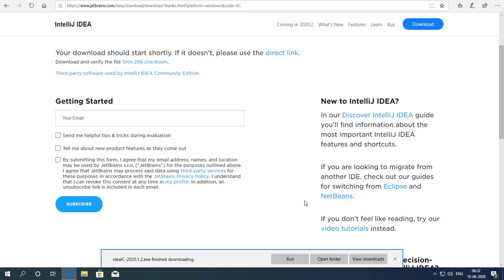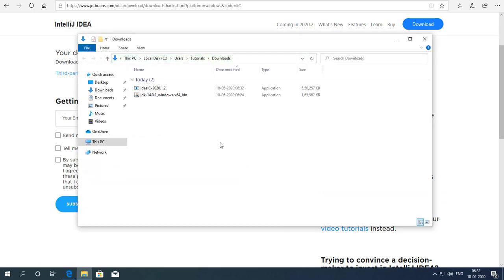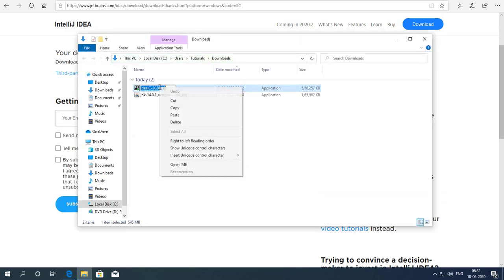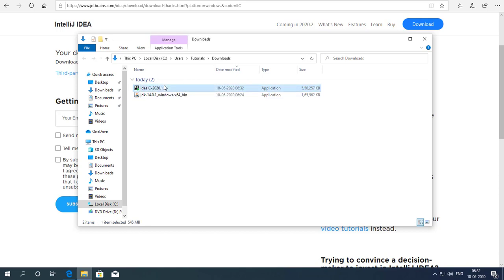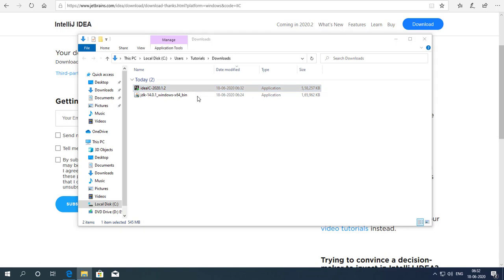So our IDE is now downloaded. Go to the folder where it is saved. Then click on the IDE, right click on it and select run as administrator.